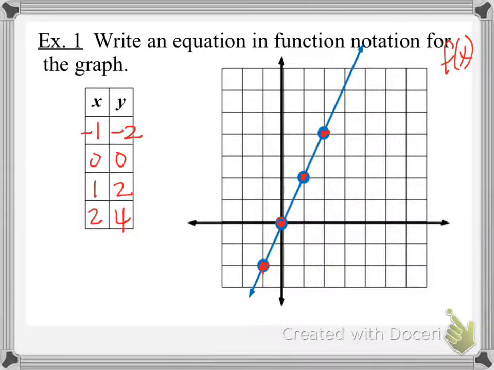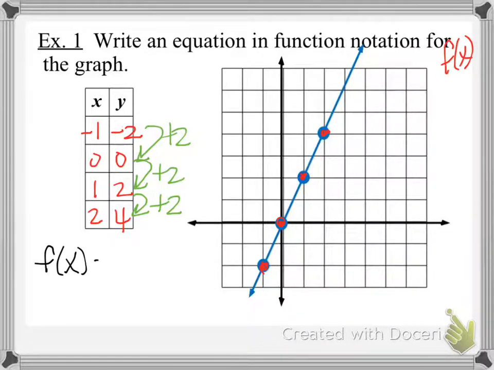Okay, so once you have pulled the points off the graph, you want to find the pattern that's going on. From here to here, we are adding 2. From here to here, we are adding 2. And from here to here, we are adding 2. Hopefully from the previous section, you know that so far for our equation, we have f of x equals